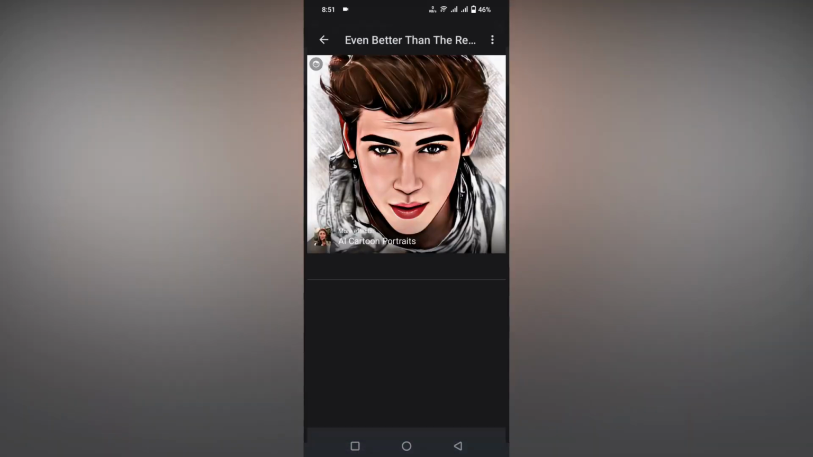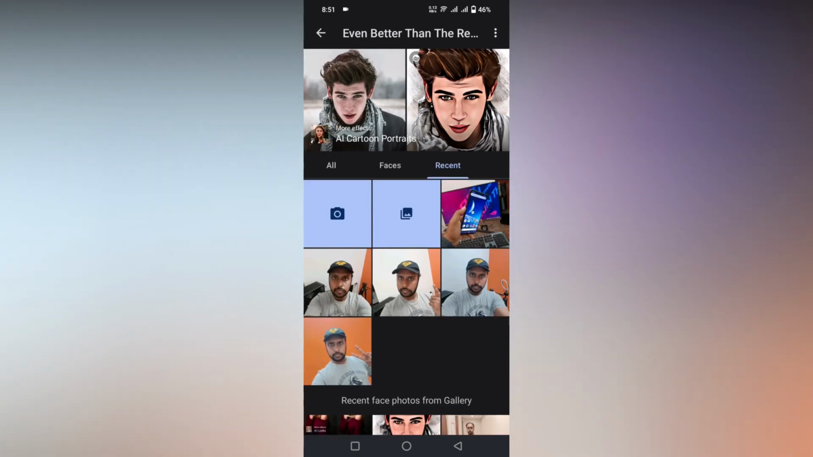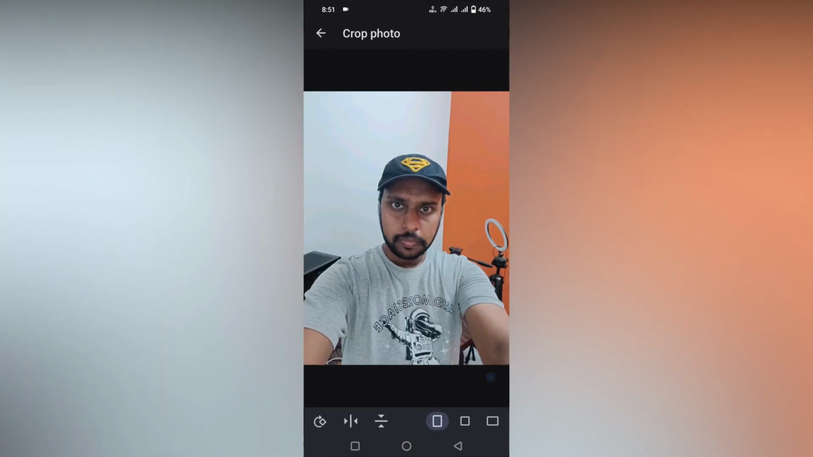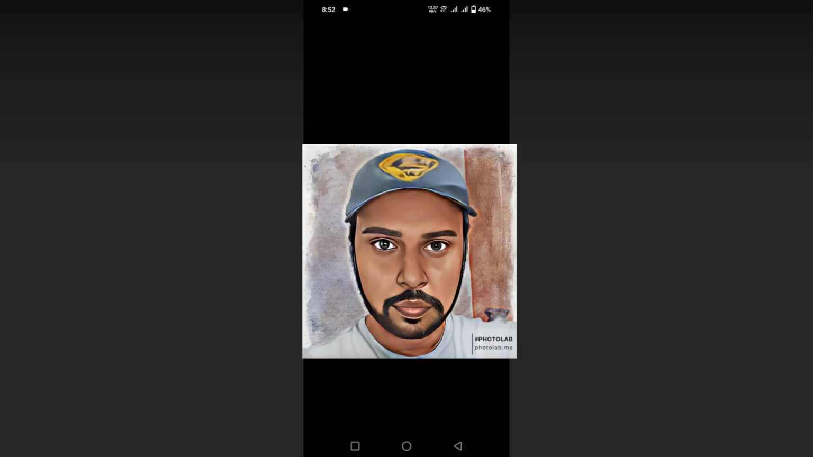So just click this. Now select the photo that you want to make like this. I'm going to select this particular photo and click on the next option. It will be processed. After processing, you can select it and see the changes, how it looks. It will create a portrait photo close to the face, as per the filter,